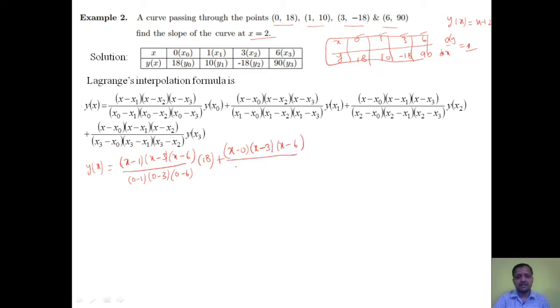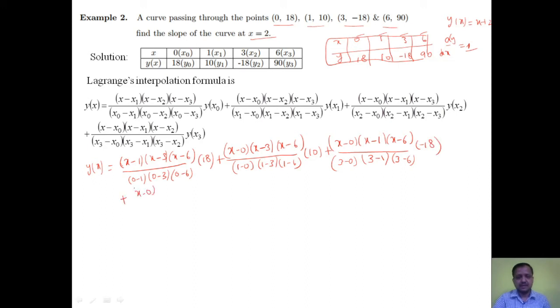So x1 is 1, so 1 minus 0, 1 minus 3, 1 minus 6. Y at x1, y1 means 10, plus x minus x0, x minus x1 which is 1, x minus x3 which is 6, divided by x2 which is 3 minus 0, 3 minus 1, 3 minus 6. Y at x2 is minus 18. Last term: